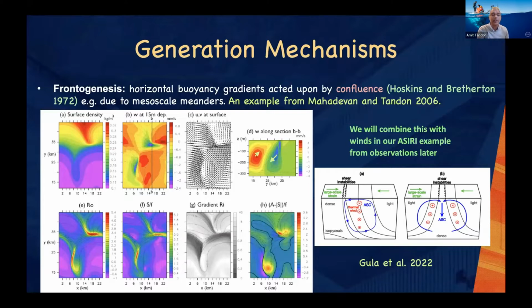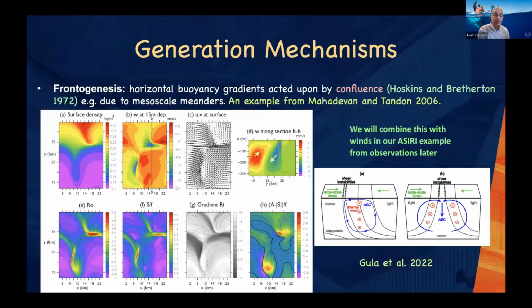If you look at the UV at the surface plot, which is the top row, third plot from the right, you can see very strong frontogenesis happening at the surface. And along with that, what is shown on the top panel, fourth panel on the right, is an overturning circulation, which is happening along a section, showing you that there are sharp downwelling regions close to the surface that extend almost to 250 meters here. Our mixed layer depth, I think, was something like 150 meters,